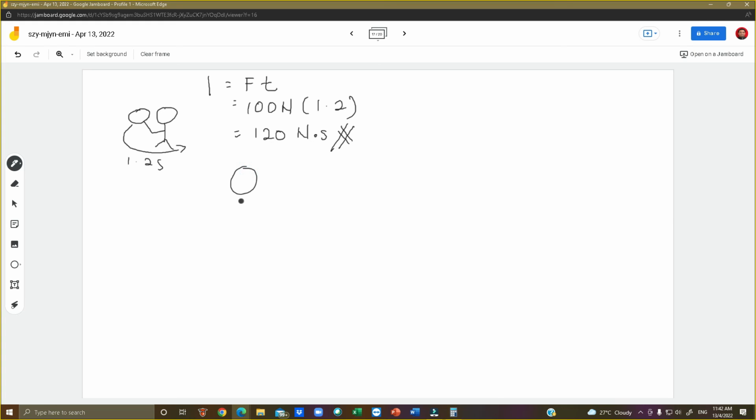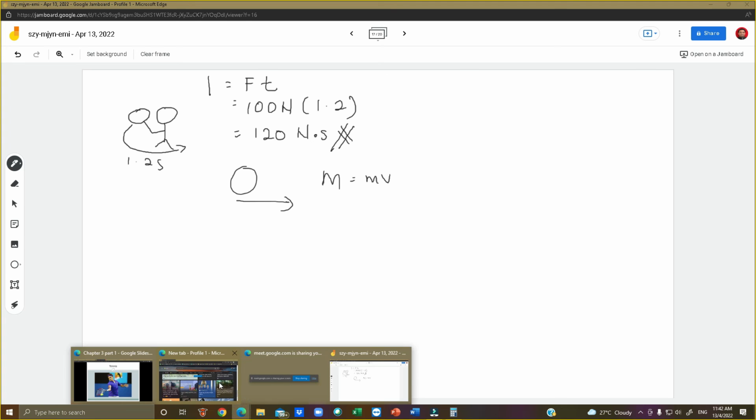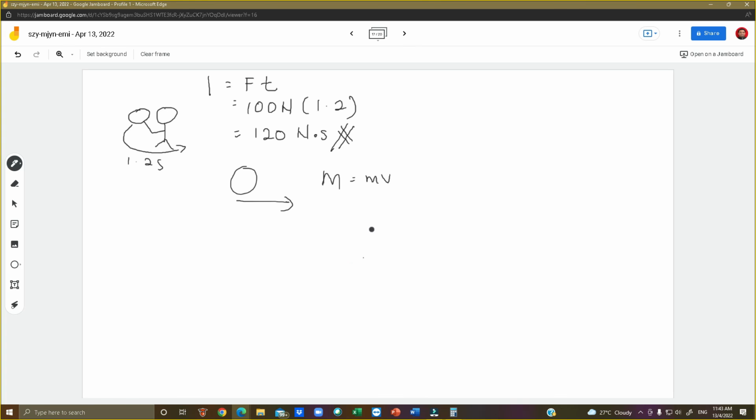Okay, when the ball moves, it will have momentum. Katalah bola bowling berapa berat? How much is the weight of a bowling ball? Siapa-siapa main bowling? Ada yang 25, ada 5. Okay, kita ambil yang paling ringan. 7.5 lah. Katalah the mass of the ball is 7.5 kg.